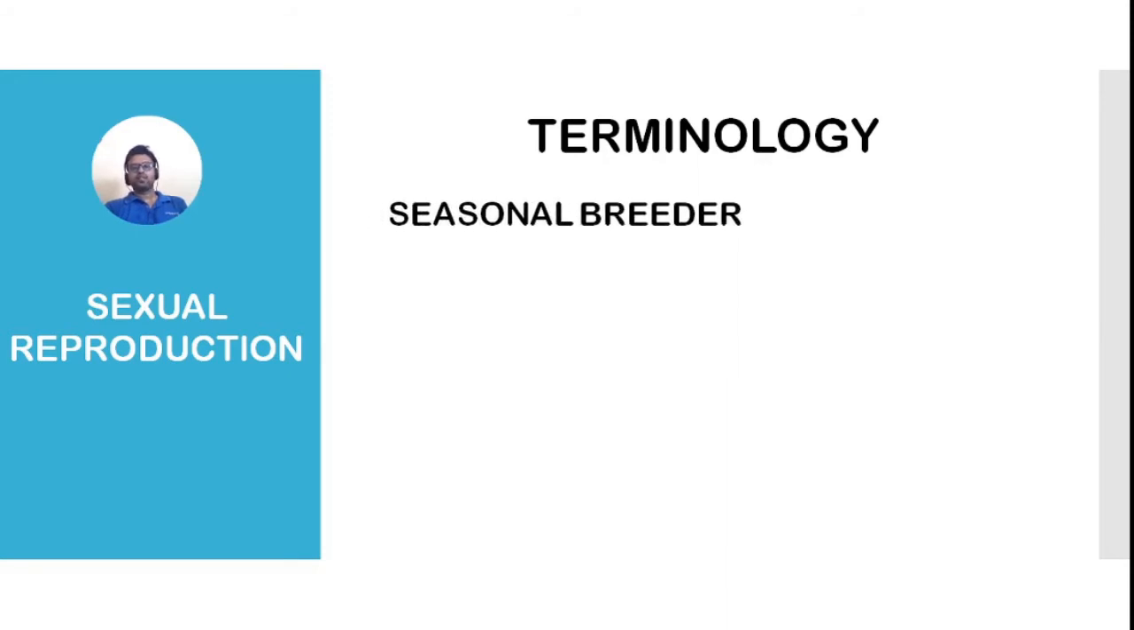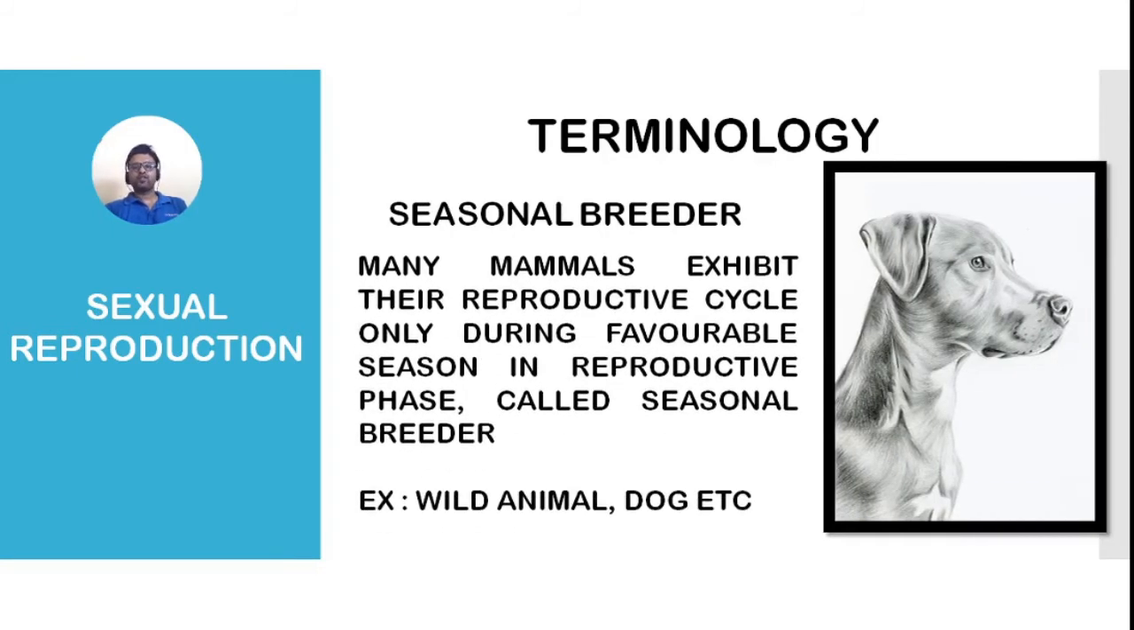Okay. The next term is seasonal breeder. You see, many mammals exhibit their reproductive cycle during a favorable season in a year, and they are known as seasonal breeders. In the case of dogs, they reproduce in the winter season because they are reproductively active during this season. So that's why they are known as seasonal breeders, and it is mainly seen in many wild